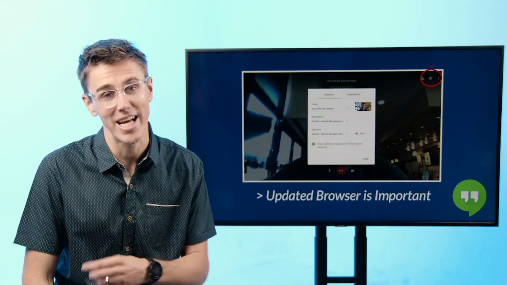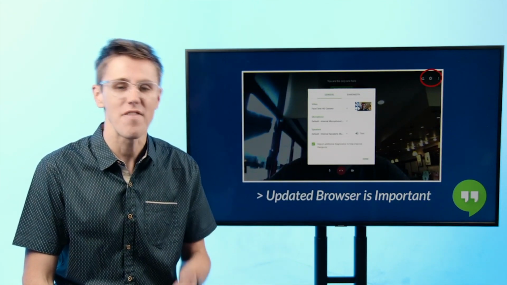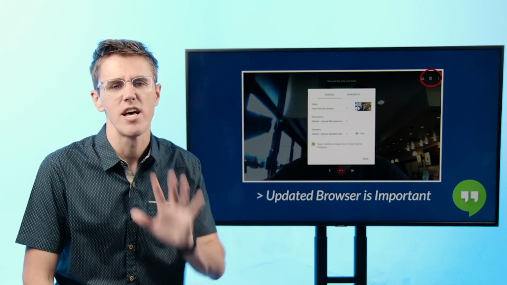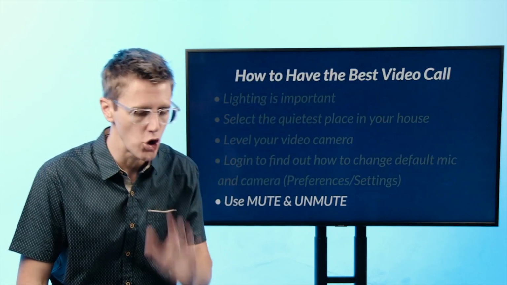And so what that means is that if your browser is not up to date, you can have issues. I've actually been on video calls before on Google Hangouts and my audio will stop working, and I've realized that Chrome needs to be up to date. And so I actually have to update it and then it starts working seamlessly. And these are the type of small details. The more you're comfortable with that, the easier it is. And again, this stuff all gets in the way of a good meeting time.